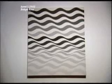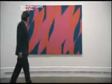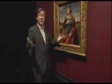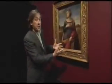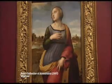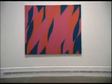After her early successes, Riley moved away from this black and white world into experiments with colour. But once again, she looked to the past and the Renaissance. One of the things I really like about this show is the way in which it gives you, so to speak, 2 for the price of 1. You get the influence of the old masters on Bridget Riley, but you also very much get the old masters seen through Bridget Riley's eyes, because to move from that very striking red, blue and pink abstract of hers in